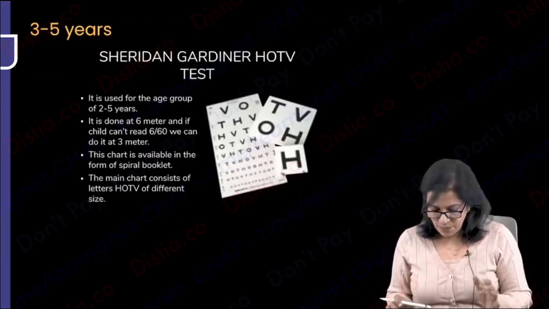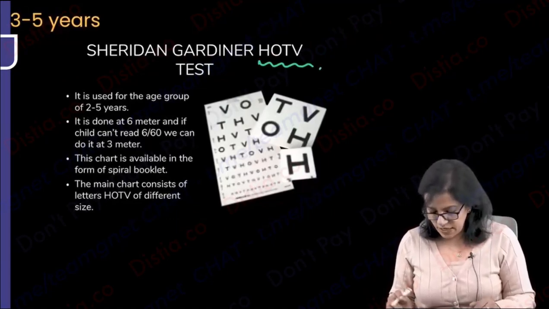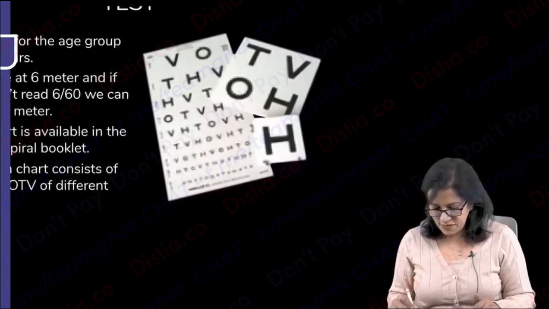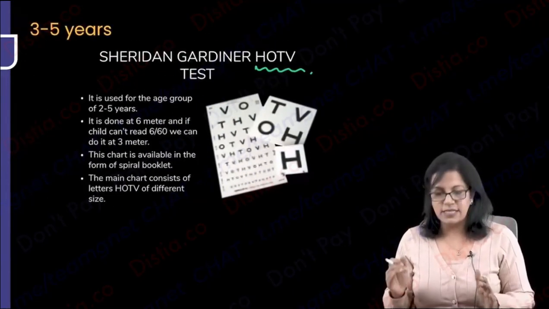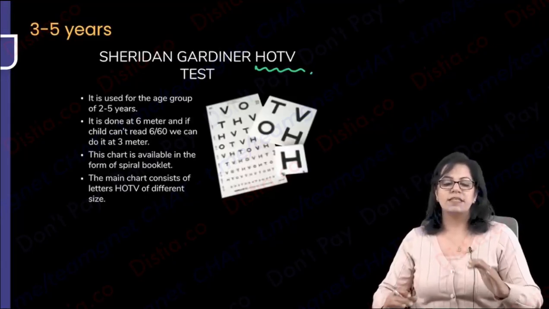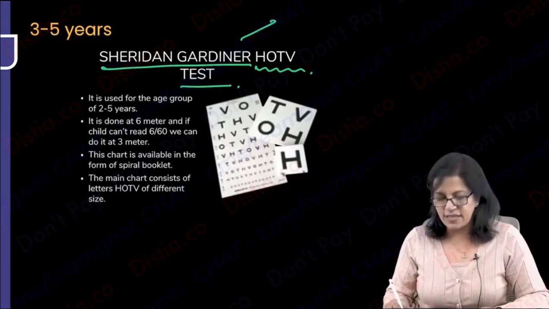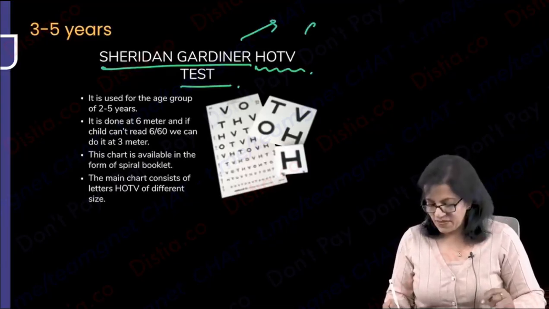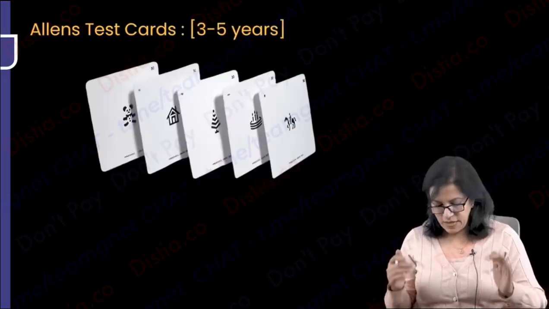What is the next one? The Sheridan-Gardner test is nothing but 4 letters, HOTV, written in different sizes. And you have to see whether the child is able to read or not. So we have made the child comfortable by only giving these 4 letters, which is called the Sheridan-Gardner test or 4 letters. So Sheridan-Gardner is a famous name and you should have an idea, okay? What is the Sheridan-Gardner test? Next can be Allen's